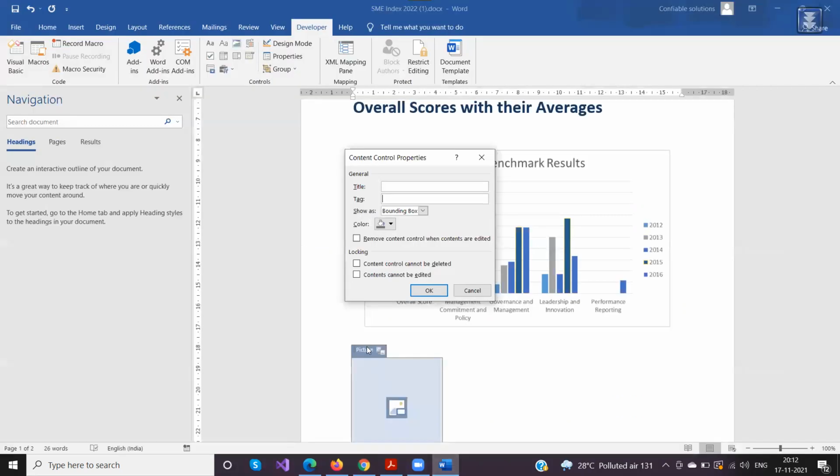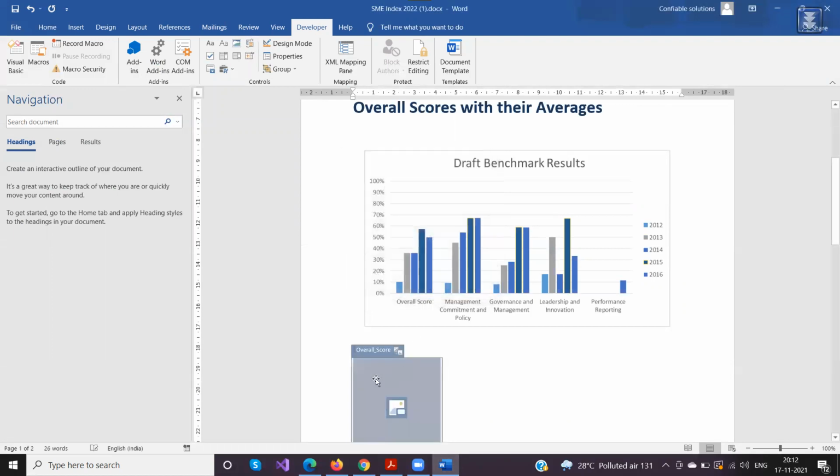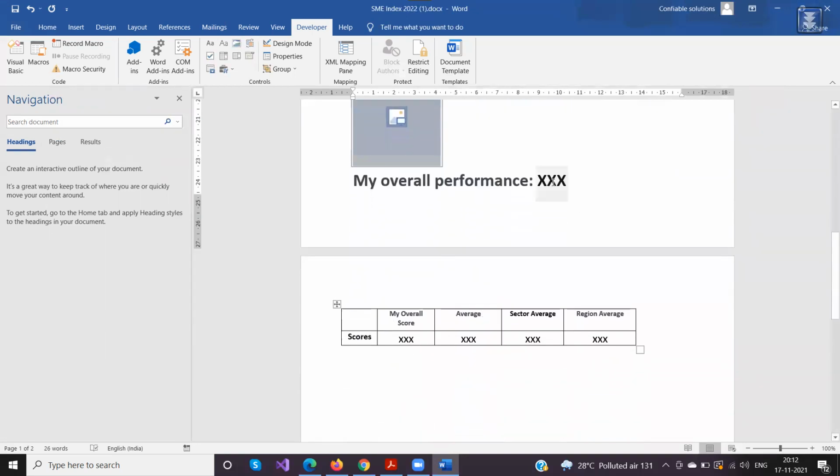So I'll put overall score here in both places and click OK. The system would automatically replace this picture control with the chart, which would be shown as an image within the Word document. So this is how you add charts, or any text. It's not necessary that this overall score would only show numbers.